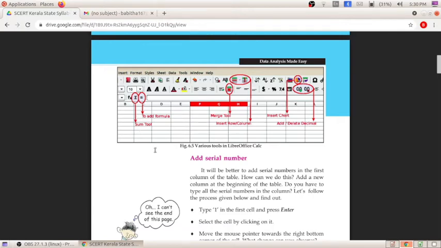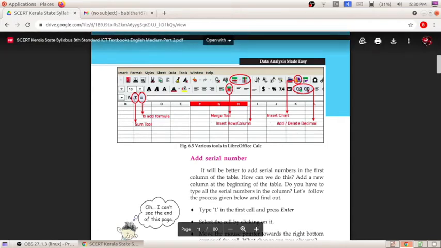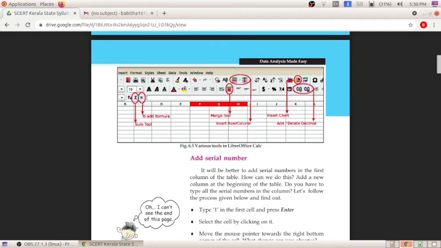If we have a list of different numbers and want to find the sum without adding manually, by using this sum tool we will get the total of these rows, the sum total of the digits. So for doing this we will be using the sum tool.